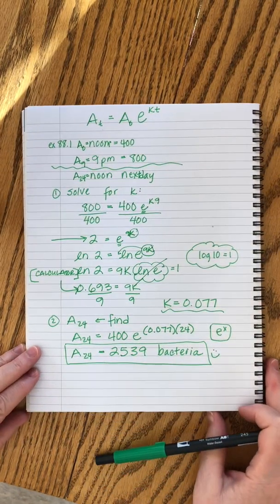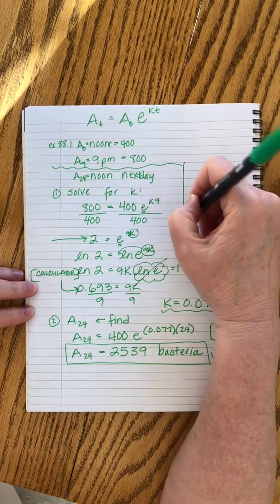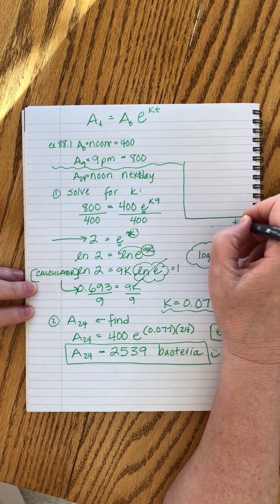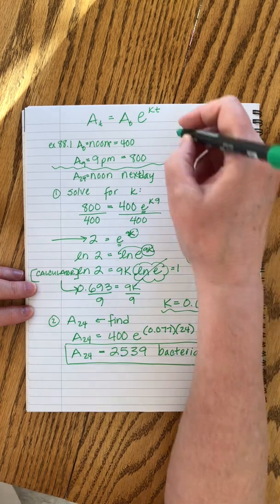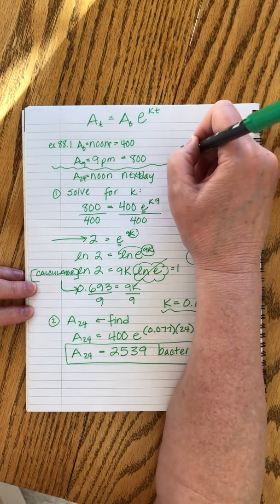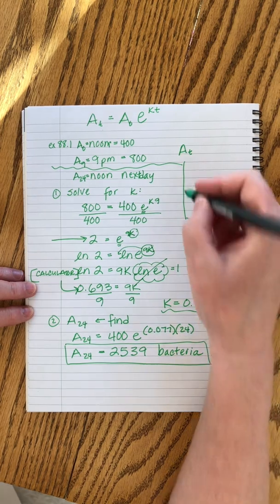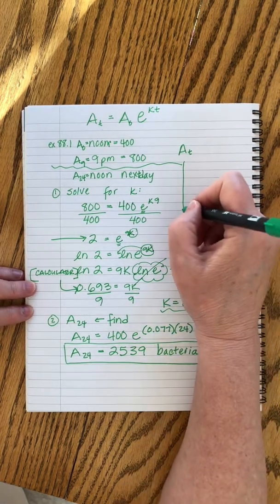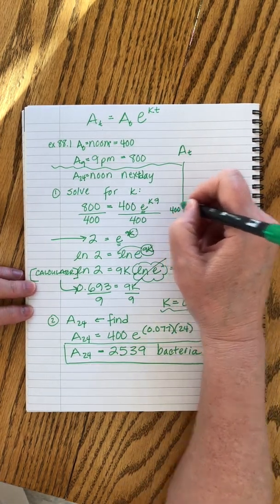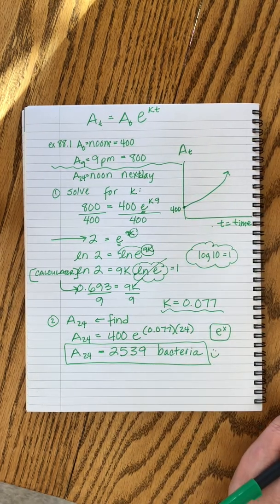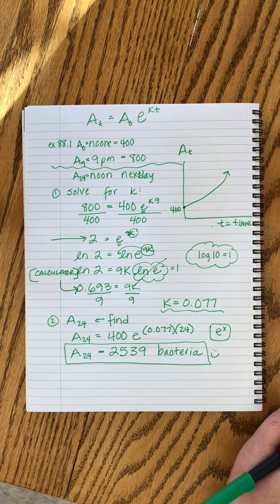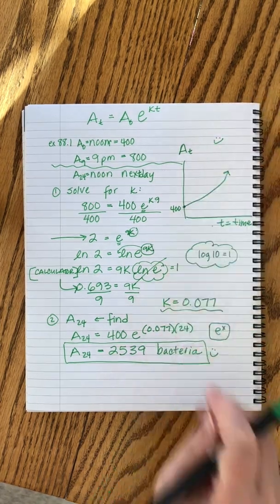Okay, let's try another one. Oh, John says to sketch it. Okay, this is all he wants, you guys. I'll put it up here. He wants us to write time, and we can just do t. And then he wants us to write the amount, and we can just write it like that. And he wants us to recognize that we started with 400 and that it grew. That's all he wants from us. Isn't that so cute and easy? Right? That's our sketch. Beautiful. Okay. Let's flip.